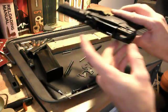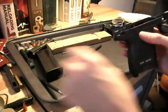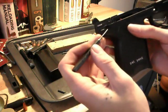And now the hammer and the hammer axle can come out. Well, basically, yeah, this is it right here. Alright, take a little punch, and you can kind of fish